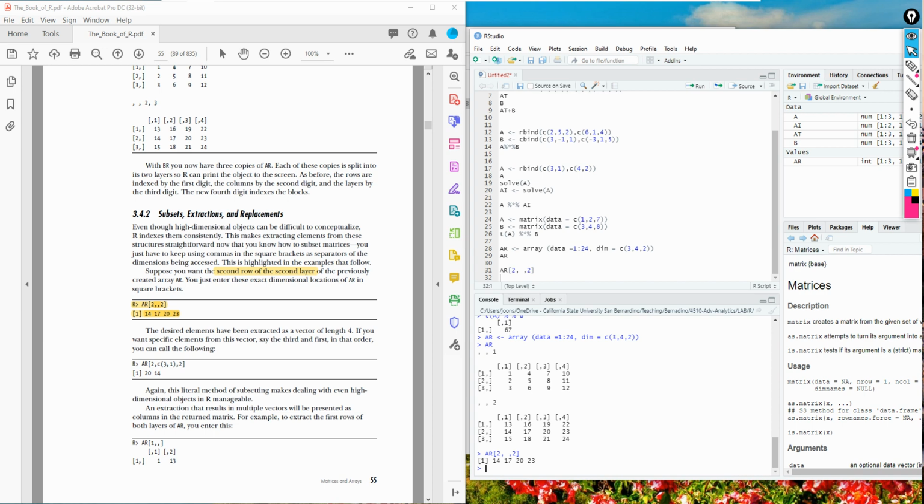If you want specific elements from this vector, say the third and the first in that order, you can call the following.